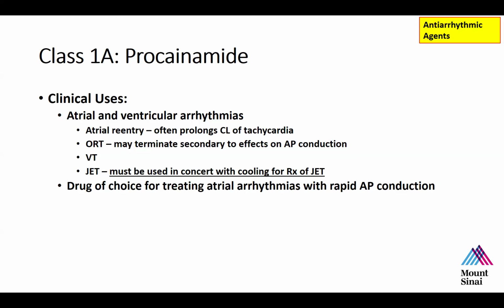And again, it's the drug of choice for treating an atrial arrhythmia with rapid conduction. So, for example, if you have someone with AFib with WPW who's in the emergency department, the first best choice would be to sedate the patient and cardiovert them. But another option would be to give them IV procainamide, which theoretically could stop the AFib or could slow the accessory pathway, making the rapid conduction much slower and reducing the risk of the episode. So it's a reasonable choice in that setting as well.